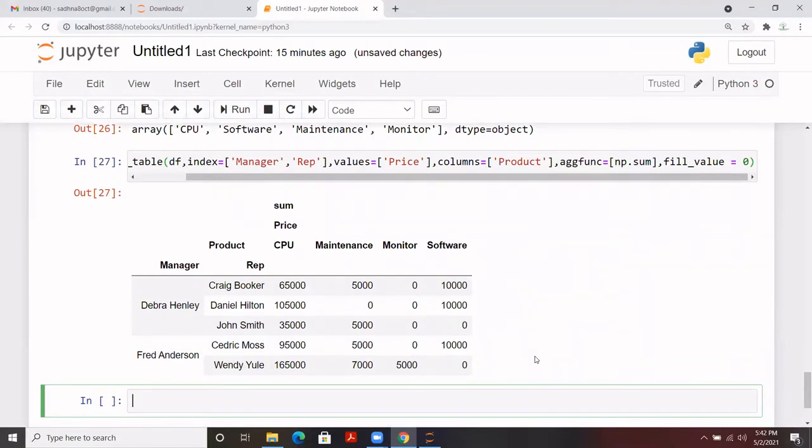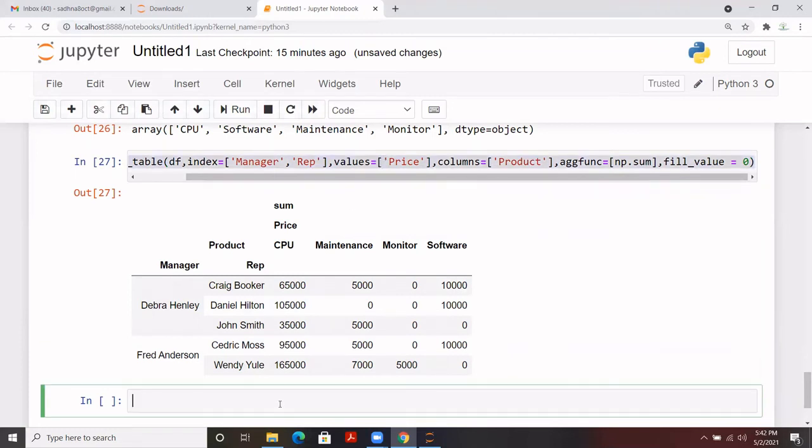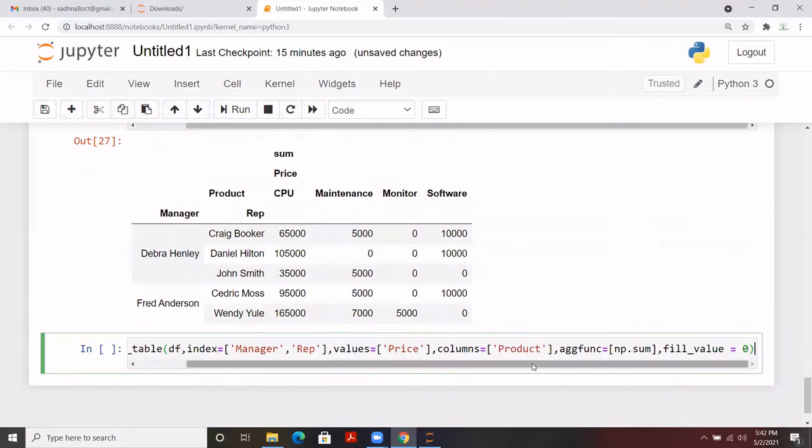Now, for example, we want to check this for two particular values. One was the price. Let's say I want to check it for another category as well. How are we going to change it? We are going to add one more column to the values: that was price, and I want to check it for quantity as well. So I'll be writing something like this.